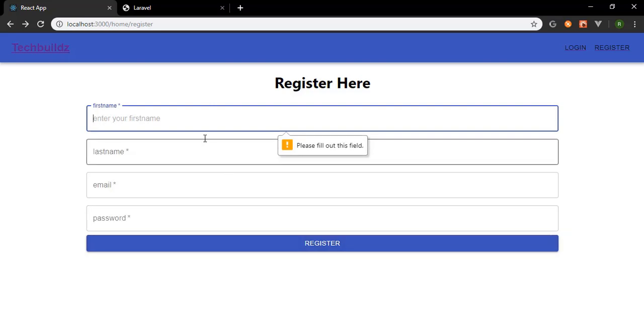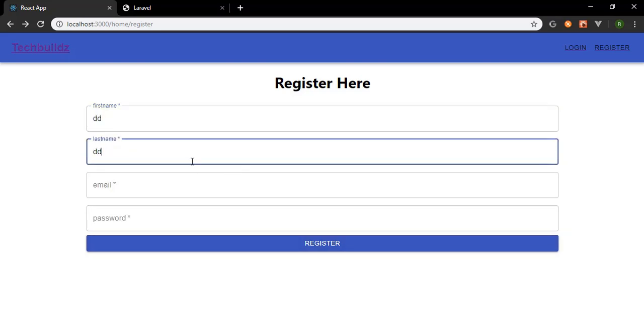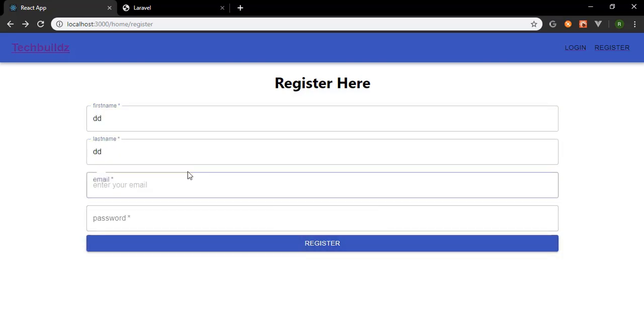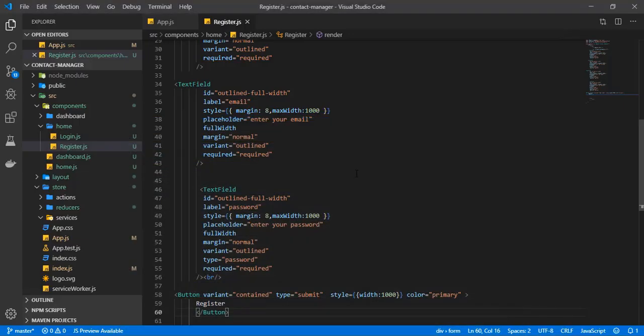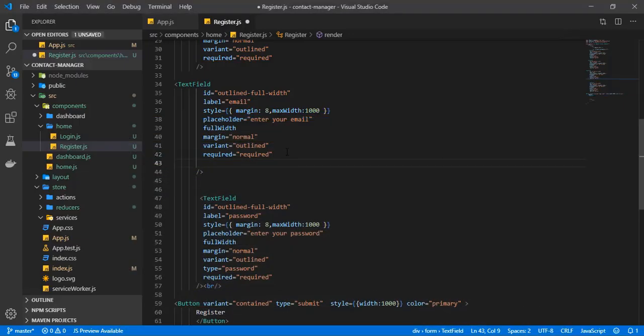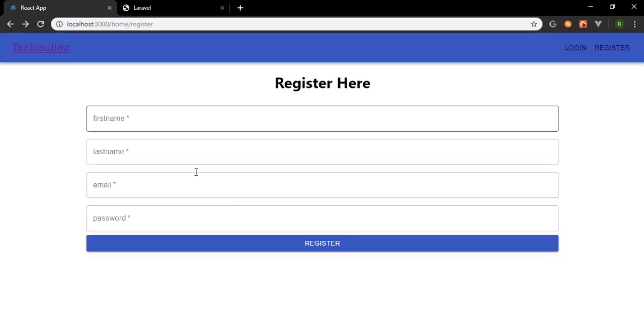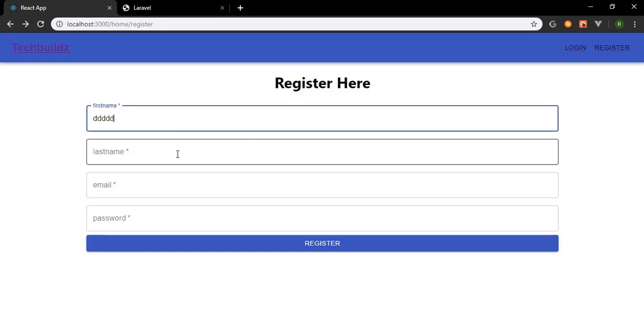I click here. You can see first name required. Just put anything in here, click here, please fill it. If I then get in here and start entering something, it's bypassing the email. That's because we have not set a type for our email here, so we're going to set the type to email, and now save that, and that should just be, let me get in here, last name,